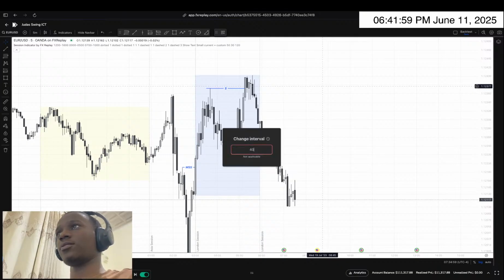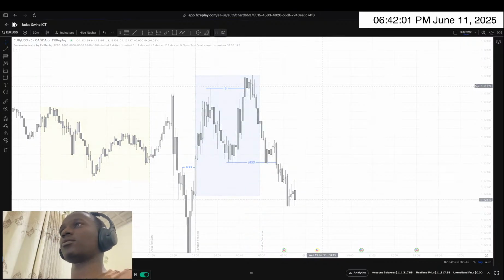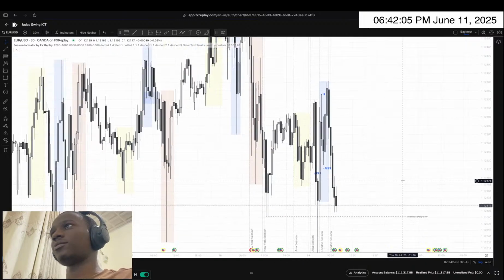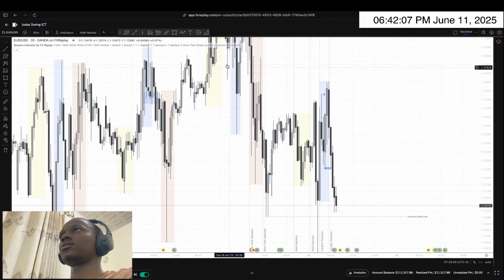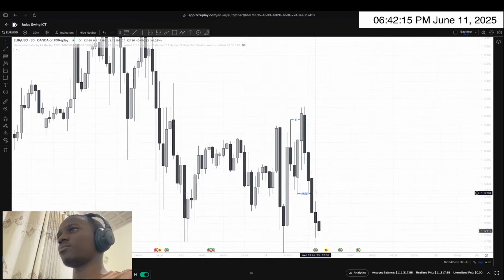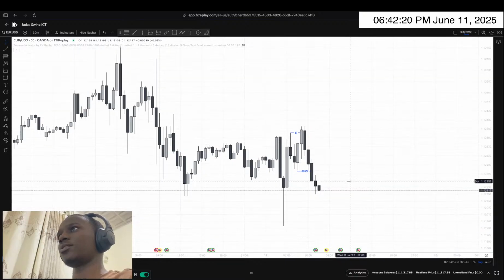And on the 30-minute, you can see that we have a good fair value gap right there. Let me remove this image so it becomes clear. So you can see that the market shift was here. So if we get a retracement here, we'll also be retracing into an inversion fair value gap. So I'd like to see a retracement into there and then